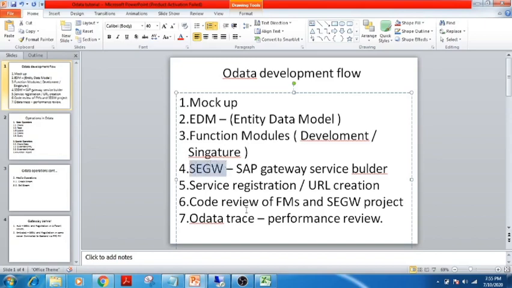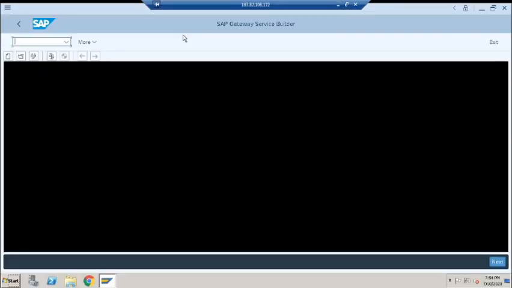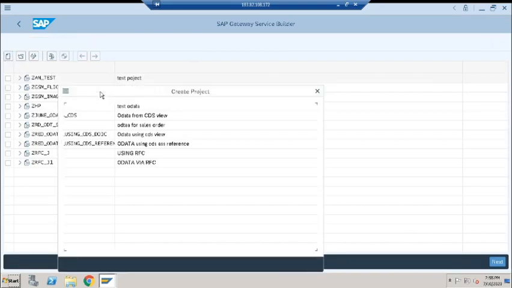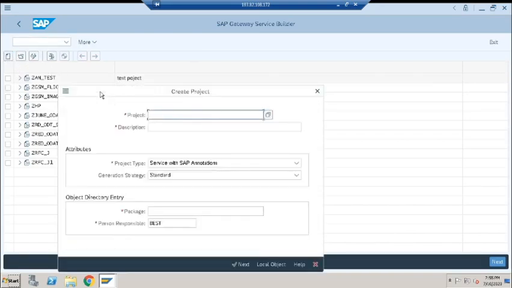SEGW is nothing but the SAP Gateway Service Builder. Here you should create one project per app. So say for example, here I can say debit note app, and let me save it into the local package.